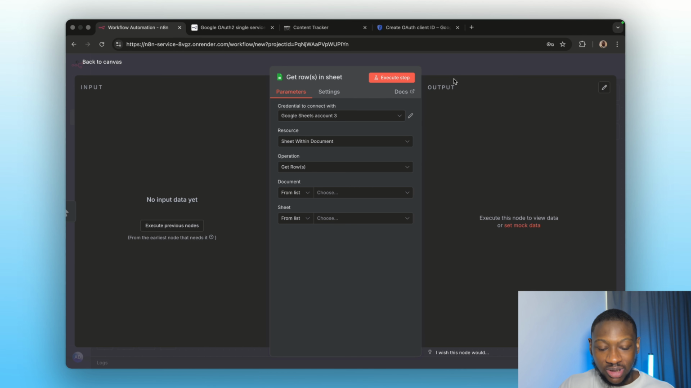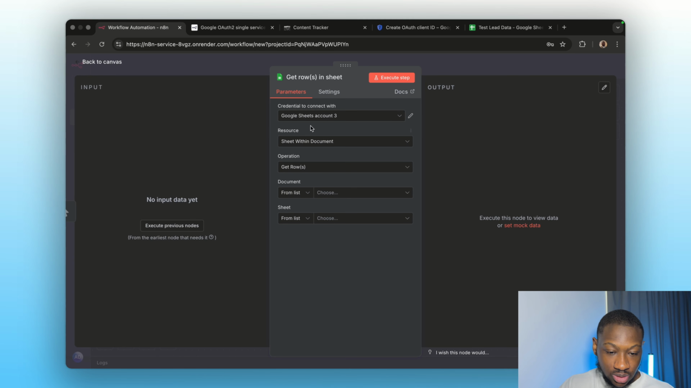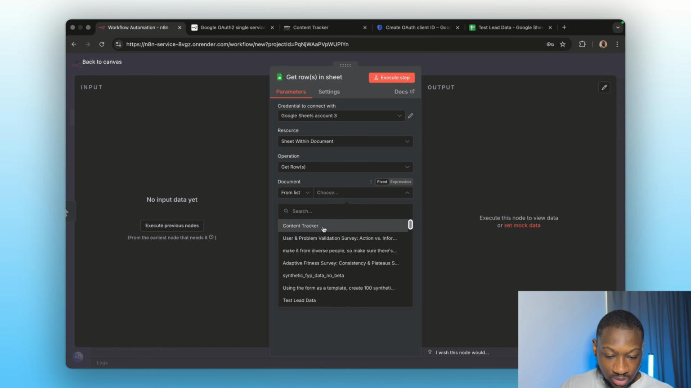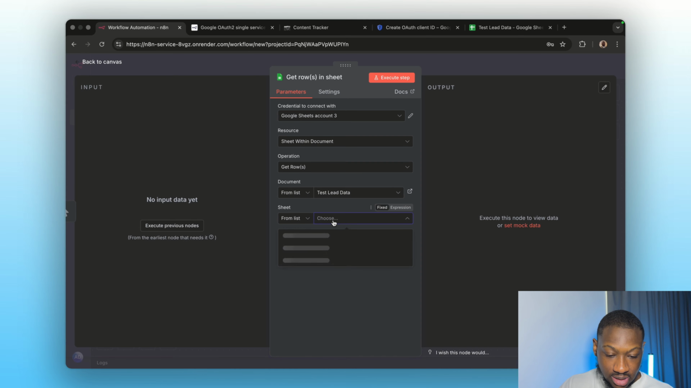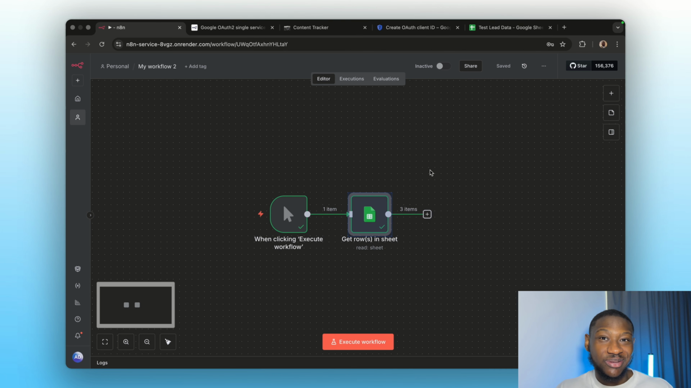So let's quickly test the connection and see if it's actually working. To test the connection, we have a Google Sheet here, and you can see it's test lead data. You just have 3 leads, and the goal is basically to get all of these leads into our n8n application. So we are going to use the get rows in sheet node, get rows, and from the document we're going to choose the test lead data and sheet 1, and basically just execute the step. It's working as expected. Alright, now you know exactly how to connect Google Sheets to n8n,